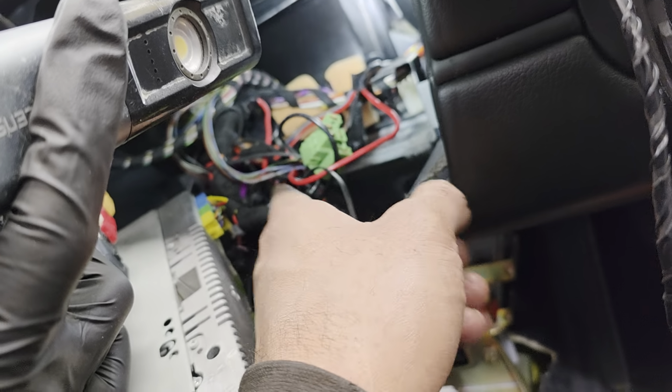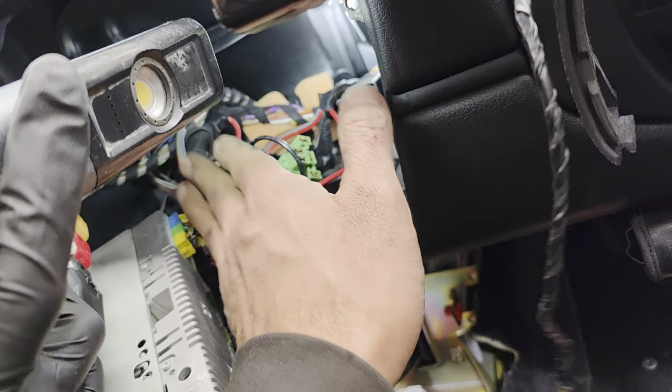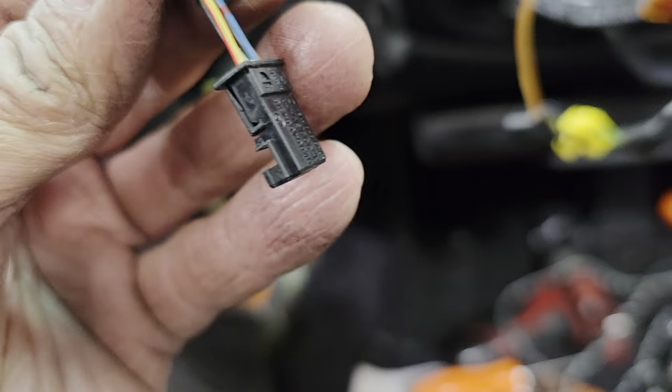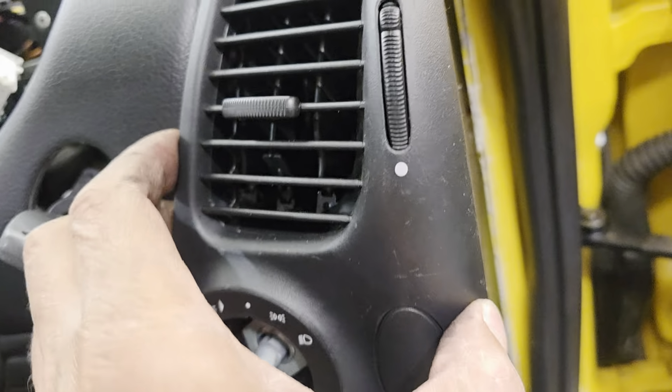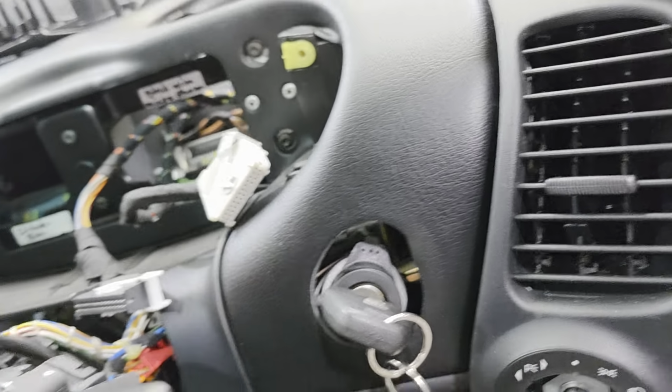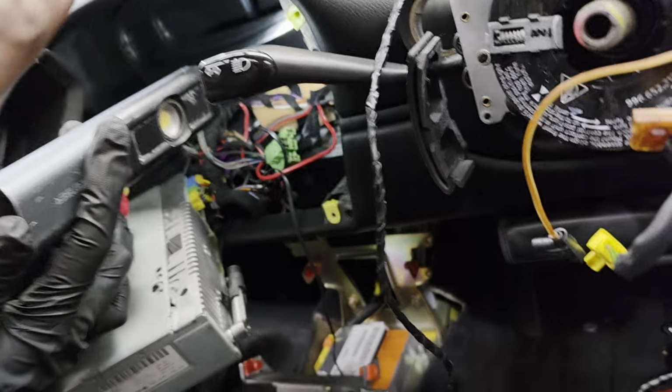There's so much wiring all tangled up, so I've got to actually fix all that up properly, tape it up like this with insulation tape like that, and then get everything back together. We're nearly there on this one here, so hopefully I can finish all this today, the wiring, and fit